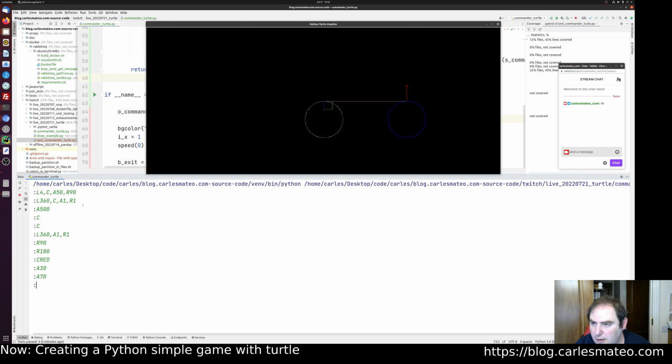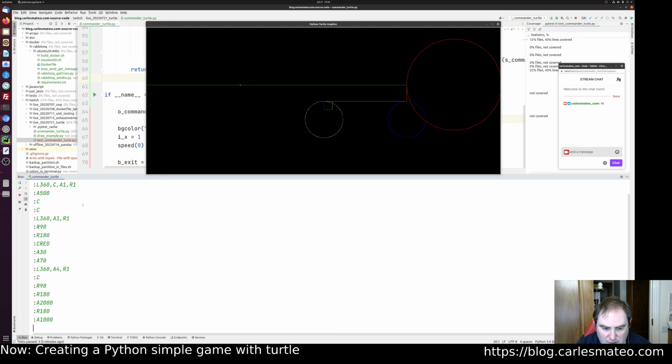Advance 70. Okay. And now I'm gonna draw another circle, but it will be 4 times bigger. Advance 4, rotate 1. Let's see. Cool. Random color, rotate 90, rotate 180, advance 2000, oops, rotate 180, advance 1000, okay, rotate 90, color, advance 40,